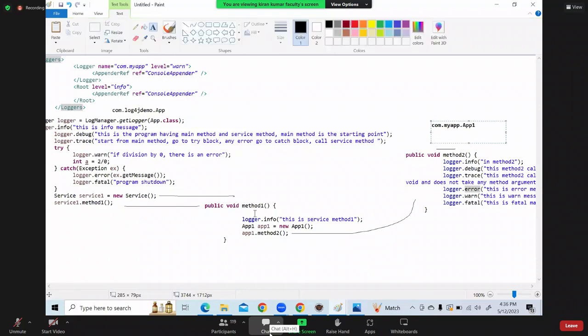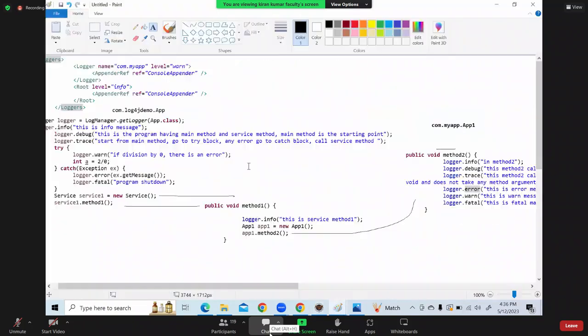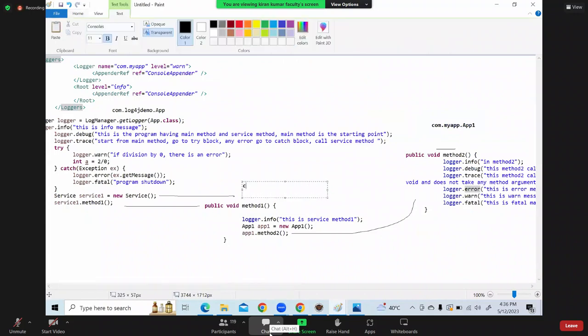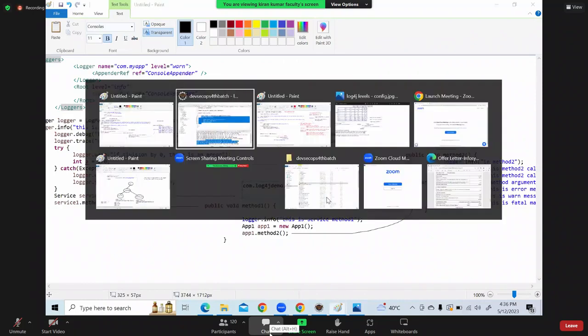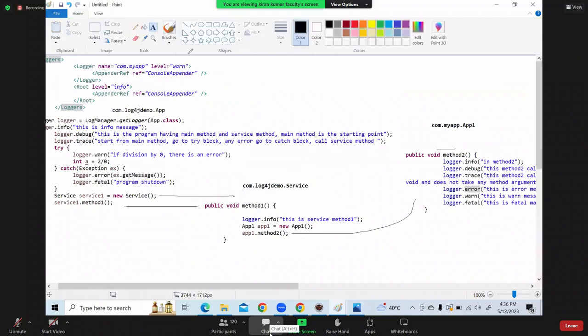And this method one is under service class, com.log4jdemo.service class. Okay, now you see here. Whatever this logger is, this logger is applicable to any class under this package. Now this logger configuration warn, which I told you, now this will be applicable to